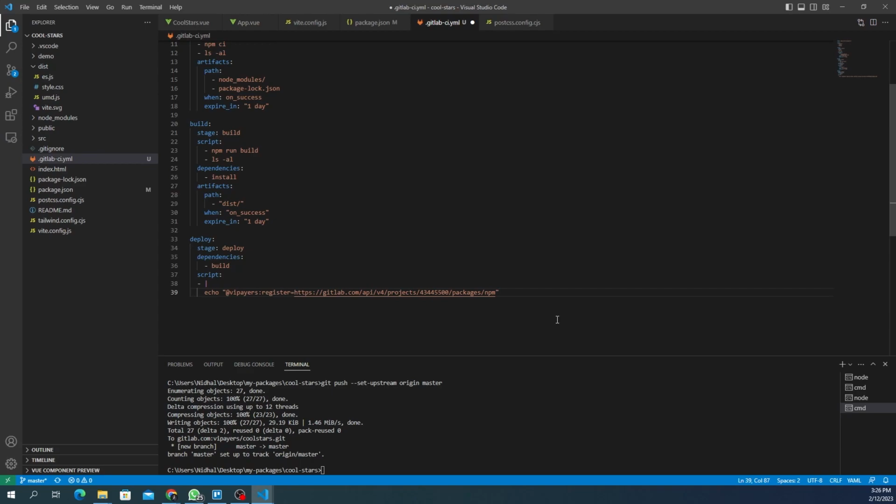Okay, so all of this, we want it to be saved in a new file called .npmrc. So during the deploy, we're going to create a new file called .npmrc, and we're going to place this line into that text file. Also, there's another line that we need to add, which is